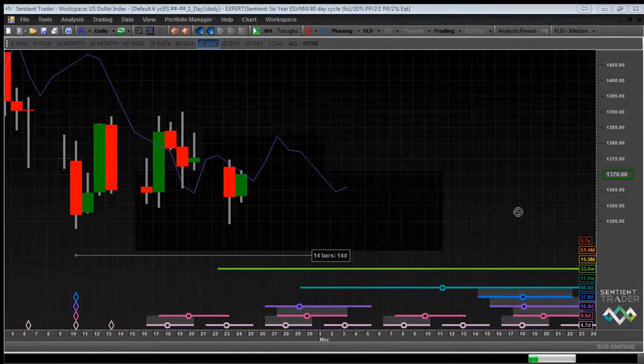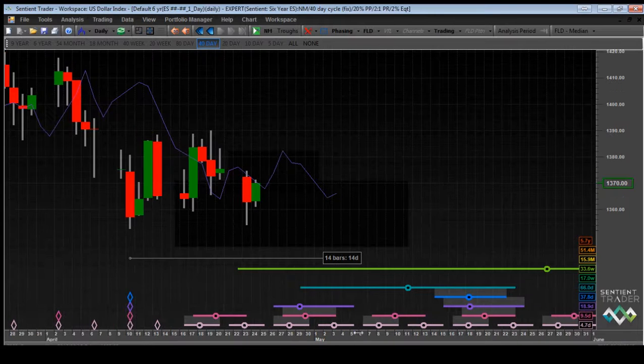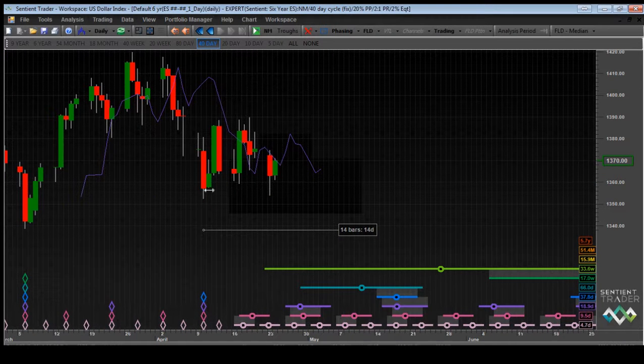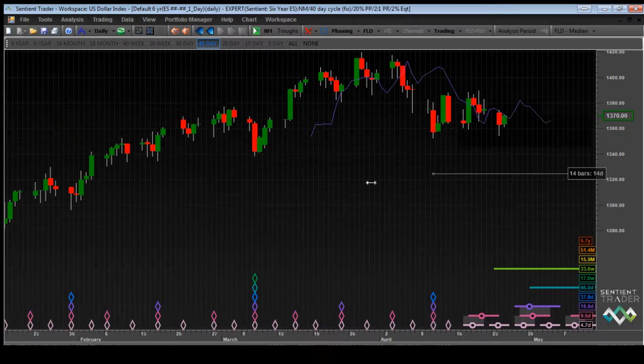If there is one at that time. Okay? So the first thing we need to make sure of is that the 20-day cycle has already formed its peak. Okay? Then the next thing that Hurst recommended that you do is that you make sure that price has